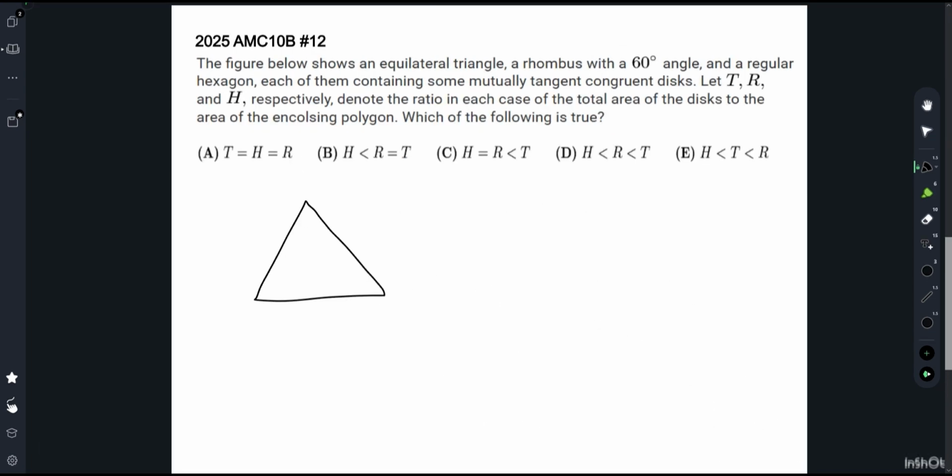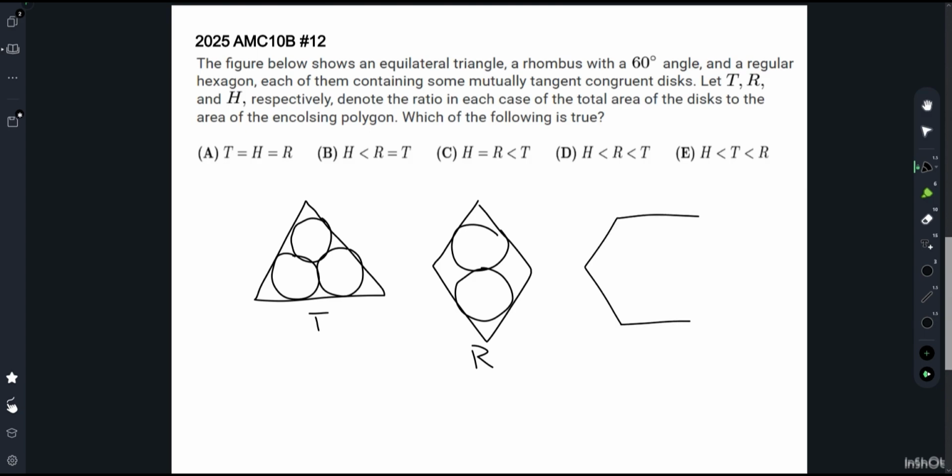Taking over the 2025 AMC10B Problem 12. So I don't have the diagram with me, but this is basically what it looks like. This is T. This is R. And this is H. And now a key observation here is that we can draw a line here